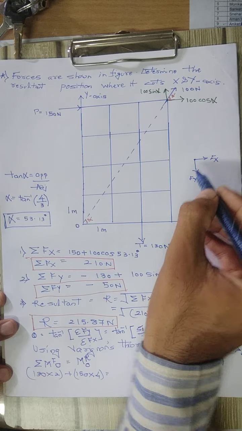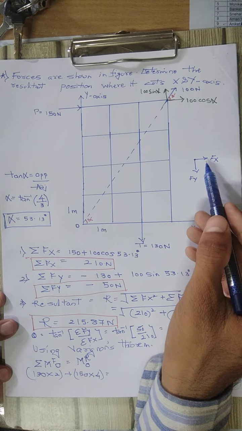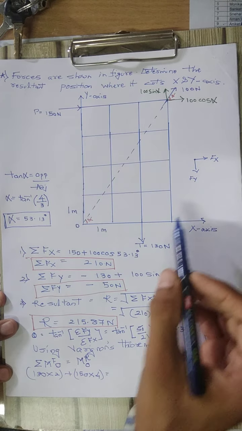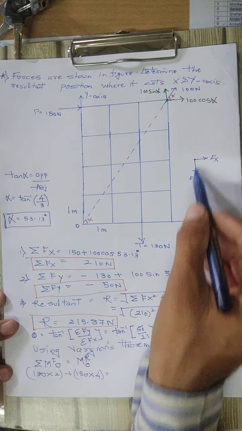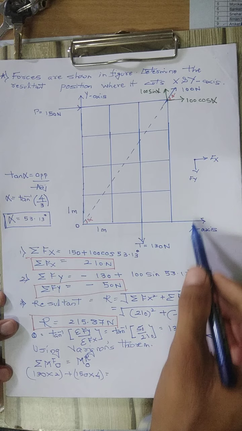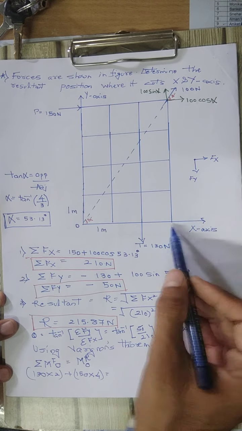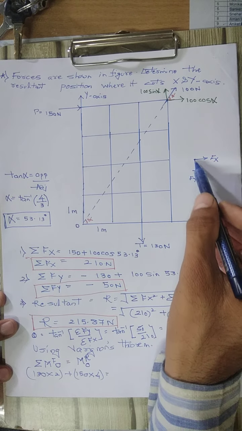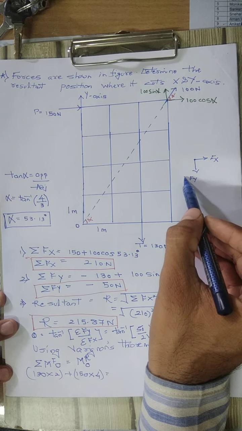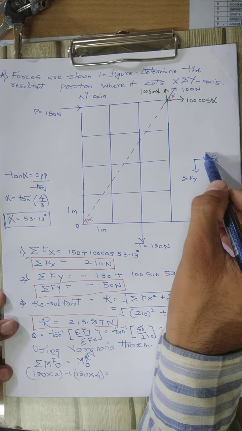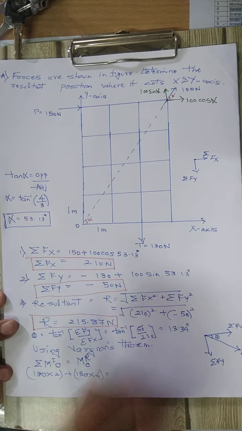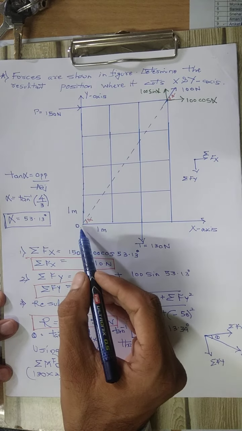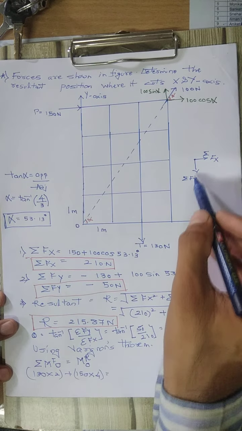While finding out the x distance, we have to take the force as y. Y force is taken, that means we are finding out the distance as x. If we are taking the y force, that is summation of fy, that means we are finding out the distance as x. The summation of fy about this point O will move along the clockwise direction.